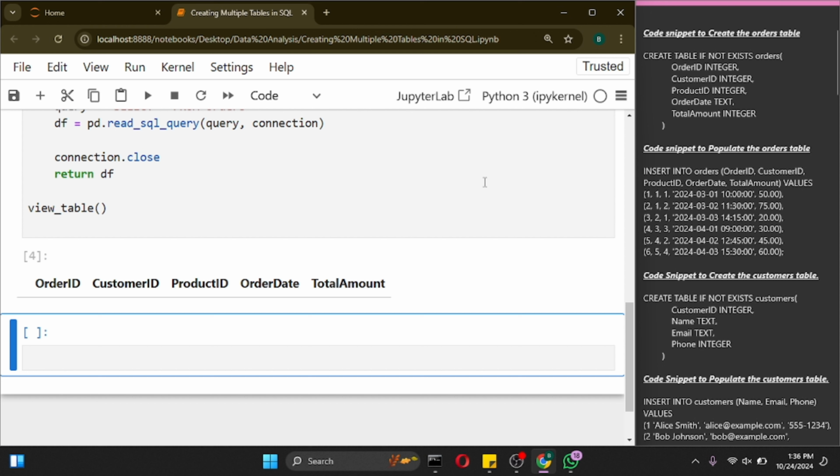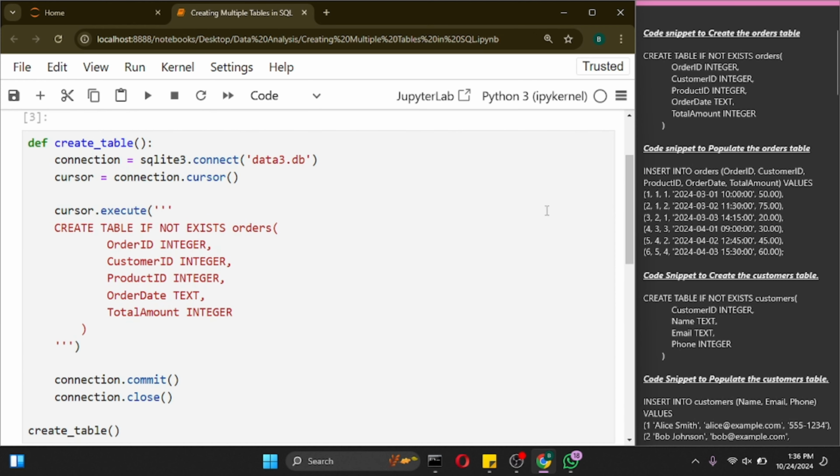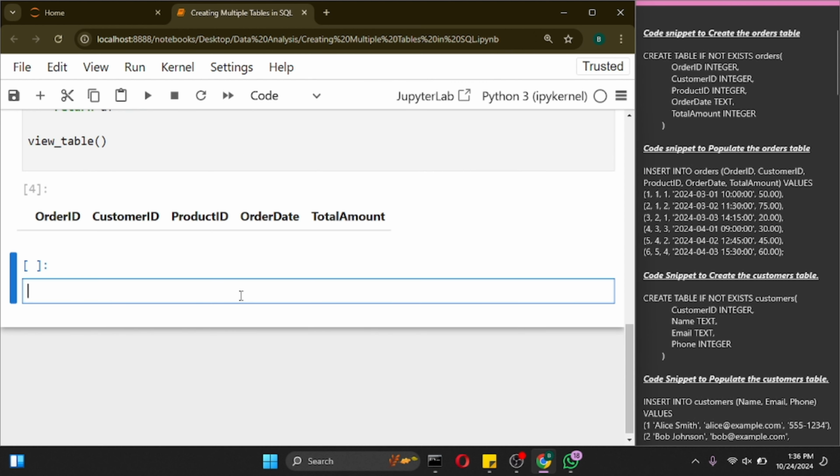So our table has been created beautifully, and the next thing we want to do is to populate our table. Now watch this carefully. The create table function is going to be very similar to the populate table function. So what we'll do is we are going to do literally the same thing. We are going to give it a different name, populate table. So def populate table,